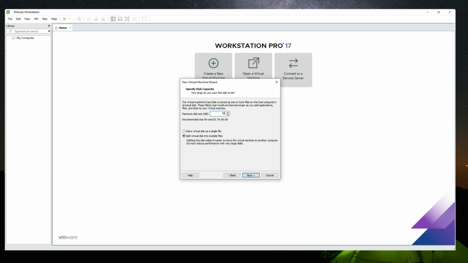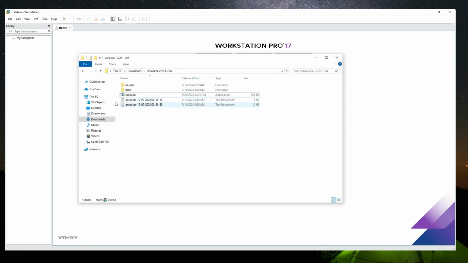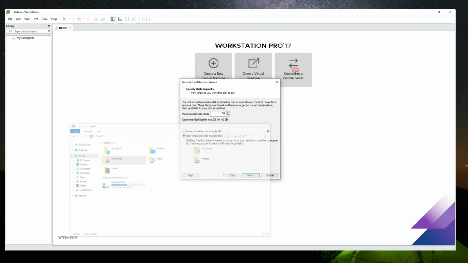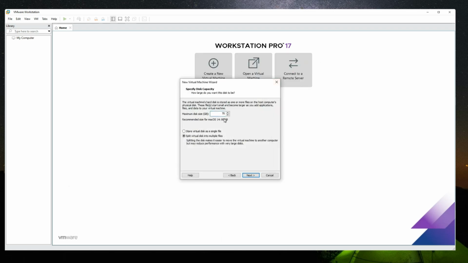Now also take note, you can't give more than the available storage you have. So in my case, I have around 63 gigabytes available. So I wouldn't give more than that. Now I'm going to set it to 60 gigabytes. Next,